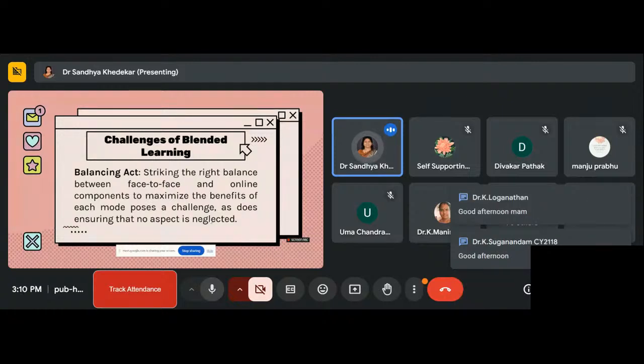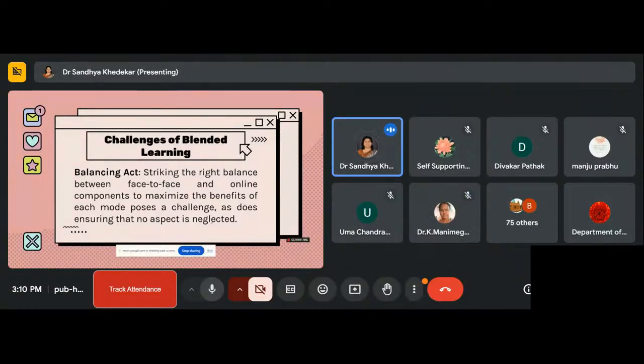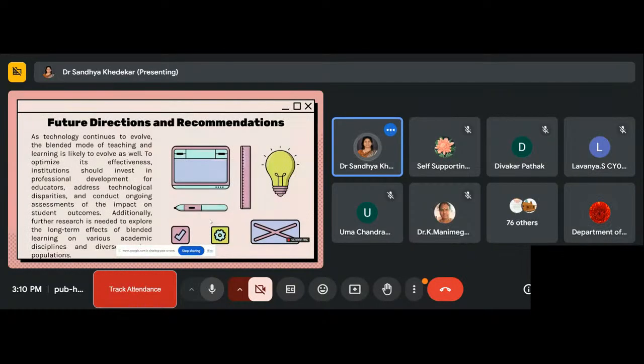So it is very important to have a proper balance. Those activities which can be done only in face-to-face mode can be done there. Those components or content of any syllabus which can be done in online mode, we can do that. So it is very important for a teacher to understand which content can be delivered through online mode and which through offline mode.